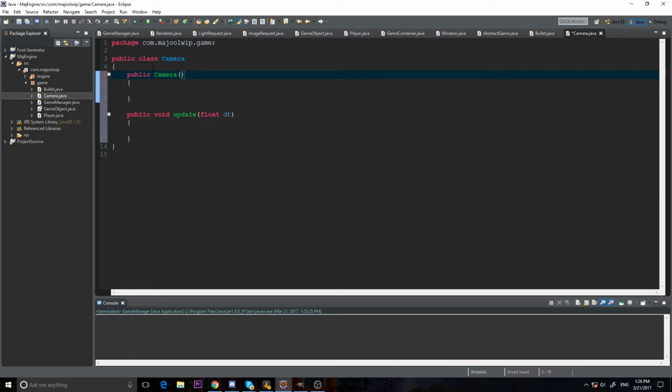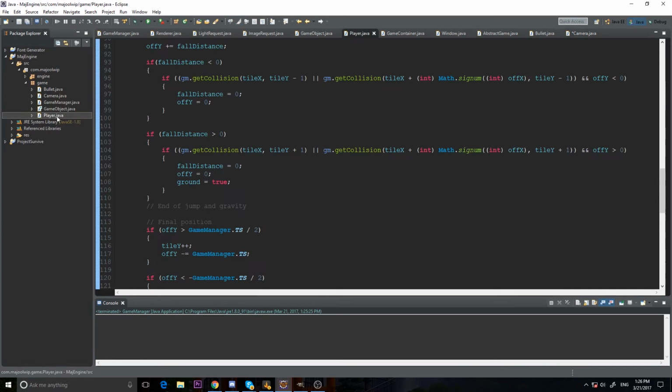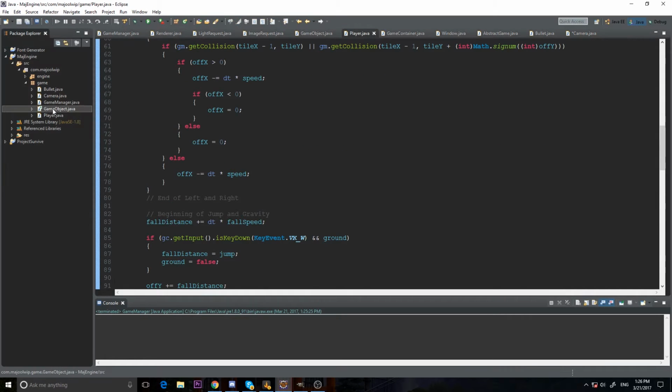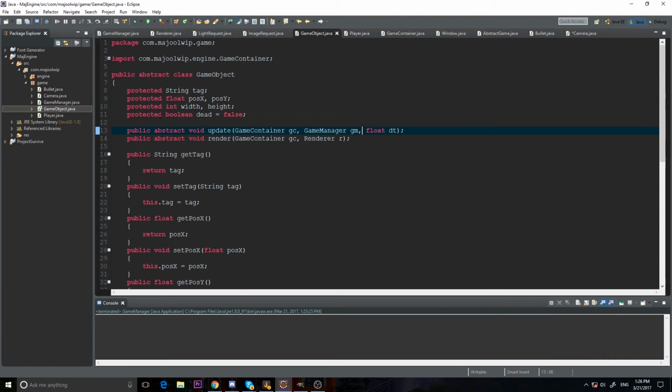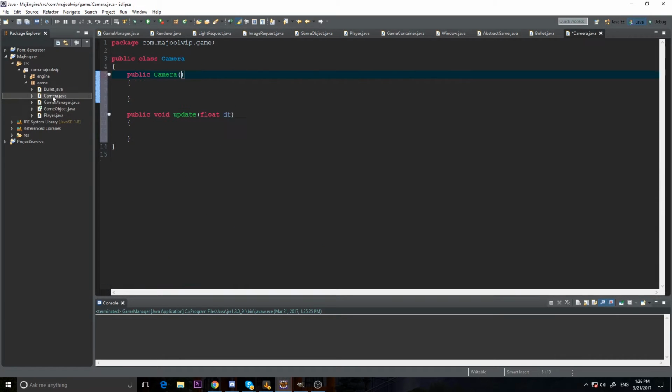So our game object has our location in it, right? So our camera, I'm going to have it target a game object, and it's going to follow the game object. So our camera is a bit more versatile, and it doesn't just follow the player. You could change it to follow an enemy. So, oh, you got killed, and so the camera goes to the enemy that killed you, or something like that. You know? So I'm going to make a private game object target,